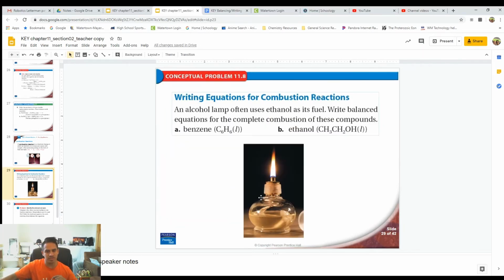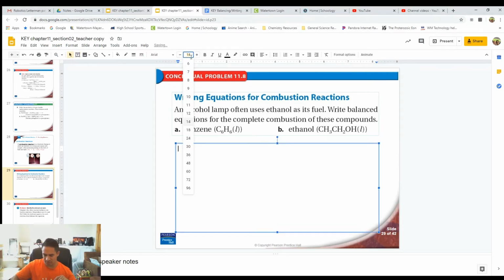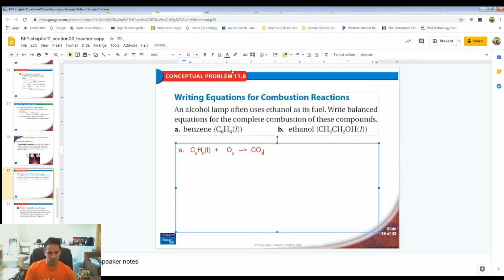So let's take a look at 2 examples here. We're going to write out the complete reaction equations for burning benzene and ethanol. And they give us the chemical formulas for both of these. These are both going to be combustion reactions because we're burning things, and that's what combustion is when you burn something. We have benzene, which is C6H6, and I guess it's a liquid. And since it's combustion, we are reacting it with oxygen. We know that because, as most of you know, in order to light something on fire, you need oxygen, right? And since it's combustion, we're always going to make the same products, which is CO2 gas and